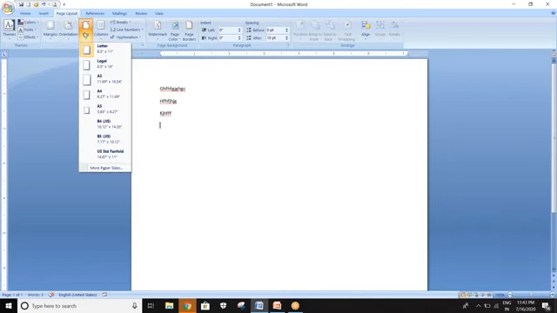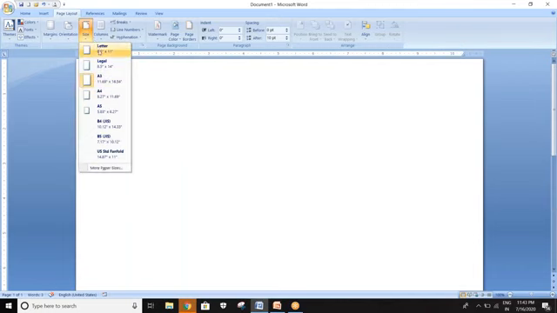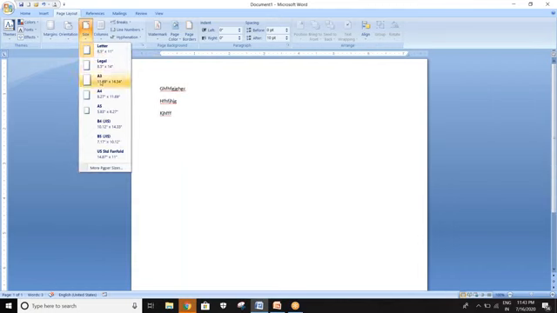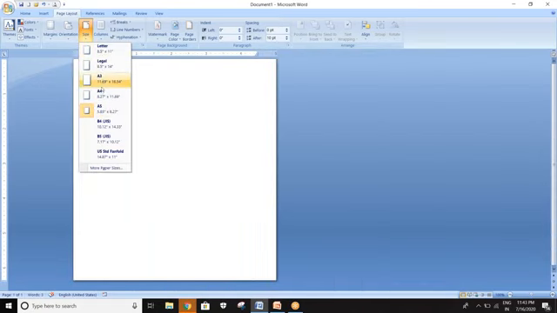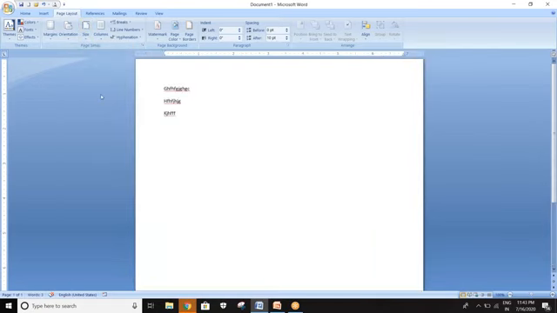Now, size is used for what type of paper size you want while writing any document, like A3, Letter, A5. A4 is generally used, which is very useful at the time of printout.